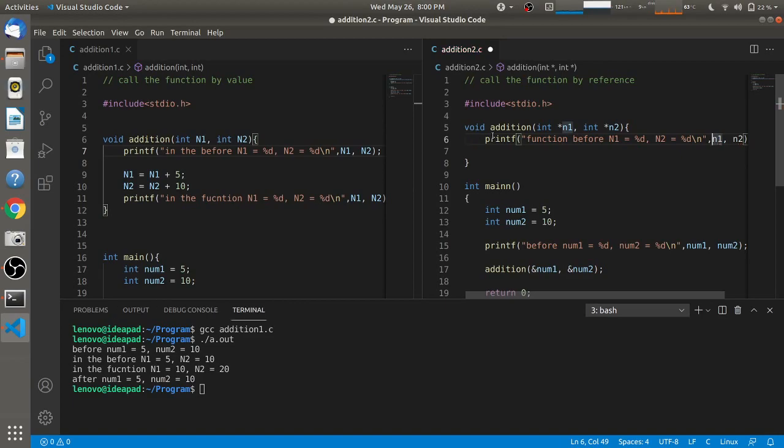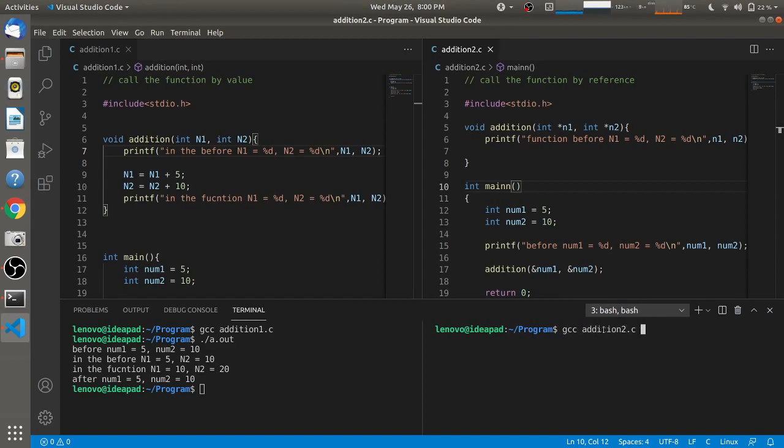But we cannot print n1 and n2 as values because this n1 is containing the address of num1, and this n2 is containing the address of num2. So if you have not understood it, we can prove that by compiling this code.